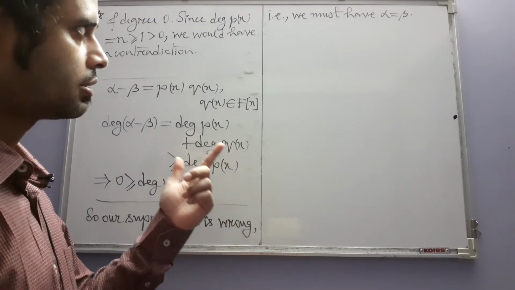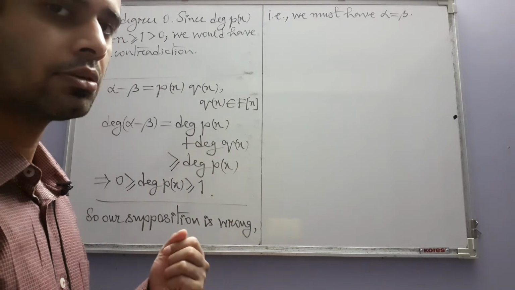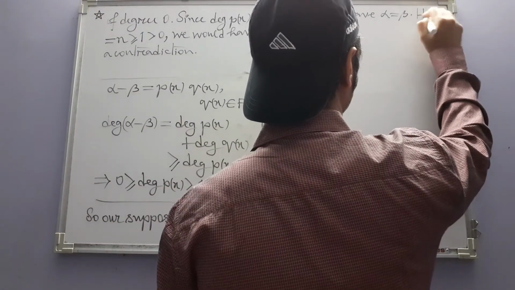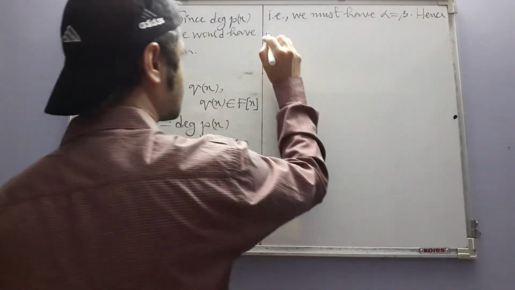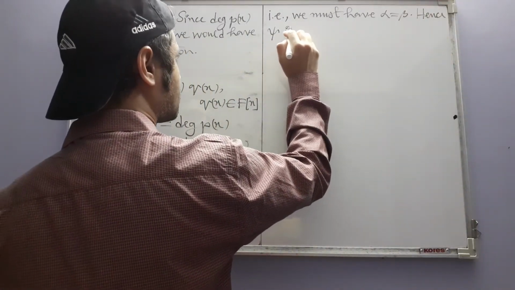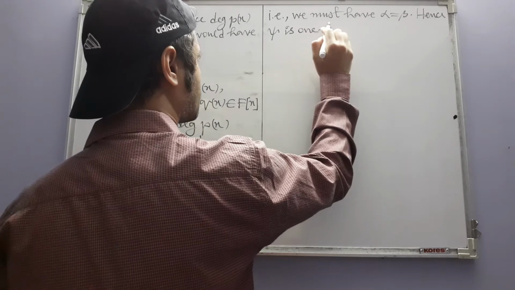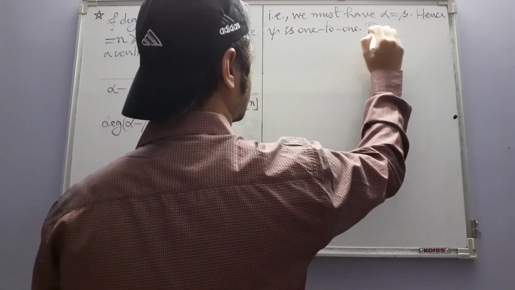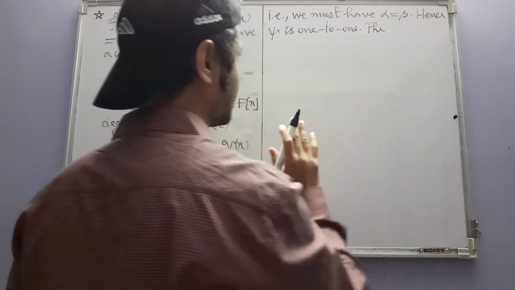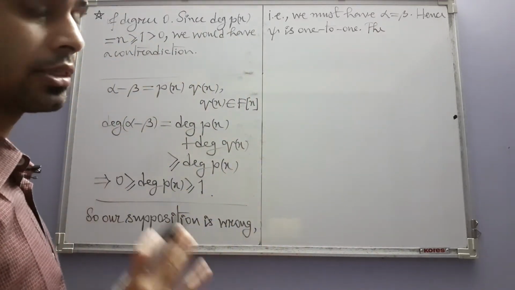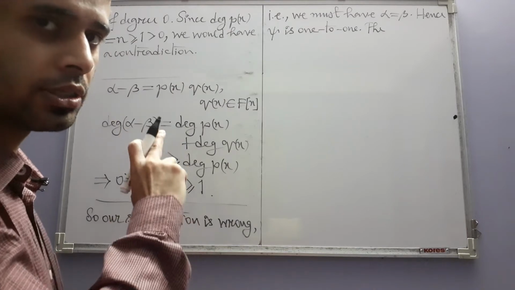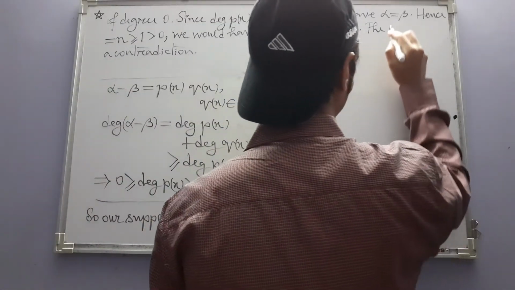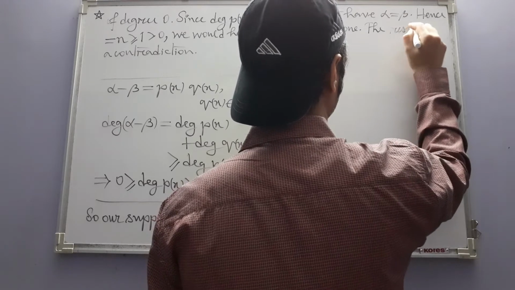Now we have shown that the inputs then must also be equal, so psi is 1 to 1, hence the restriction is 1 to 1, okay, not the original psi, we have left that there itself. The restriction